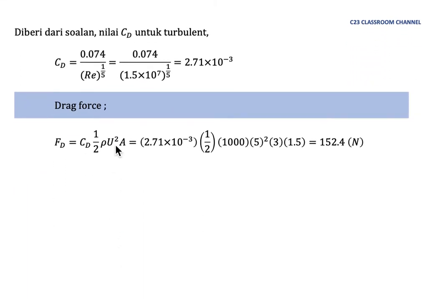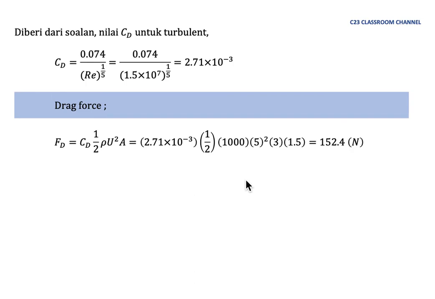So from the question, we use the drag coefficient for turbulent. It is equal to 0.074 over Reynolds number to the power 1 over 7. And then we substitute the value, and this is the value of the drag coefficient. We could calculate the value of drag force here by using this equation, and the CD is the CD of turbulent that we get here, and A is the area of that plate, which is 3 times 1.5 meter. So we get